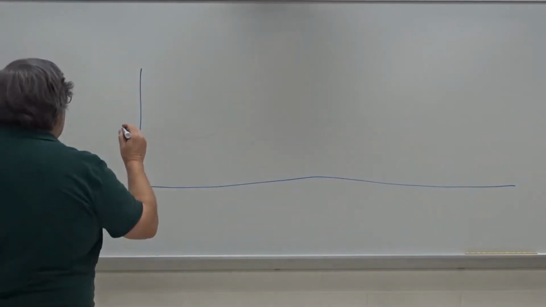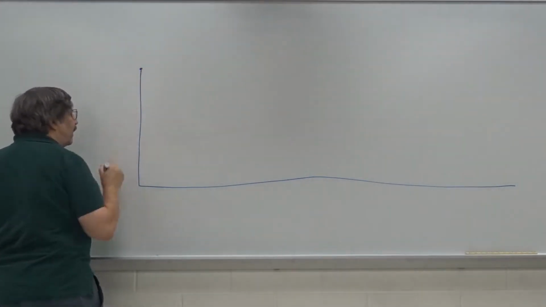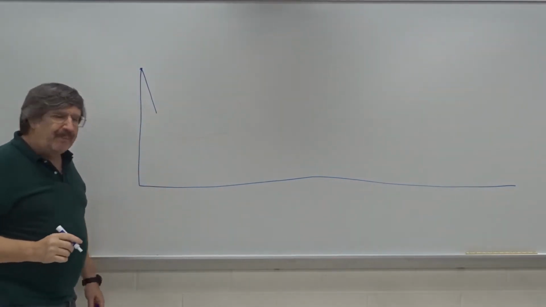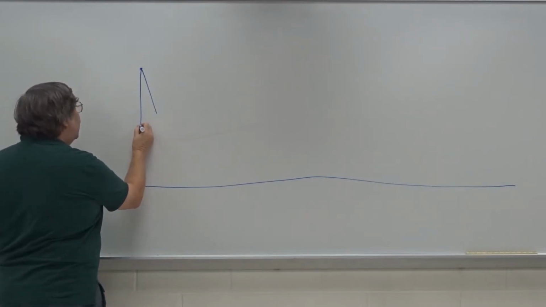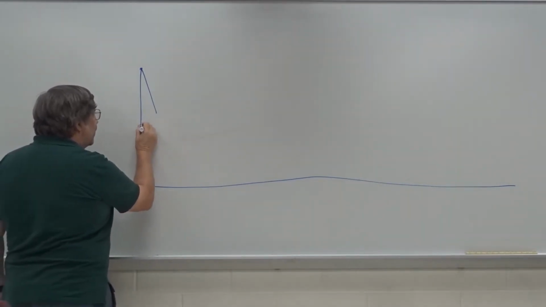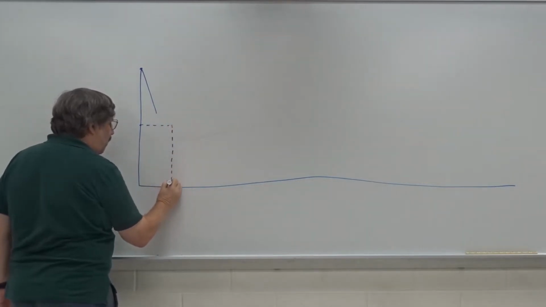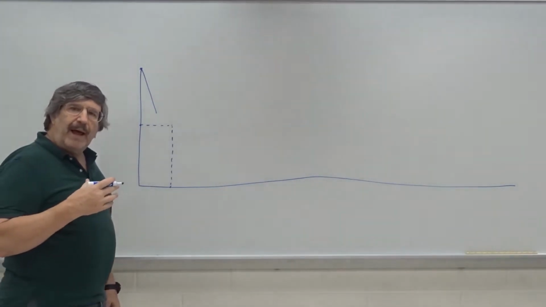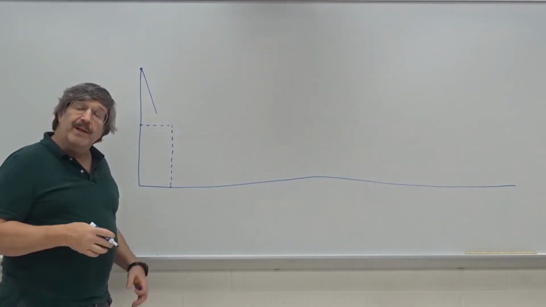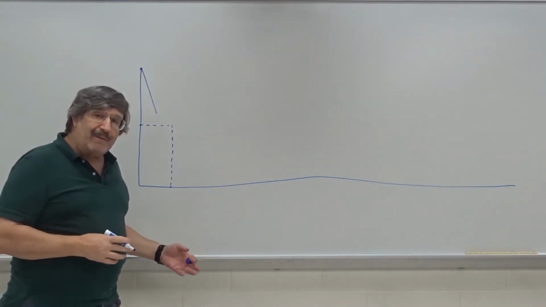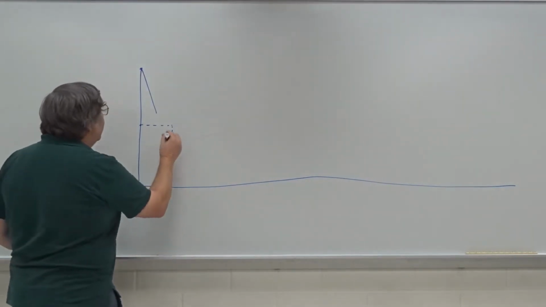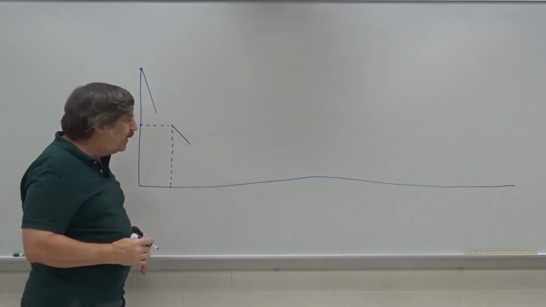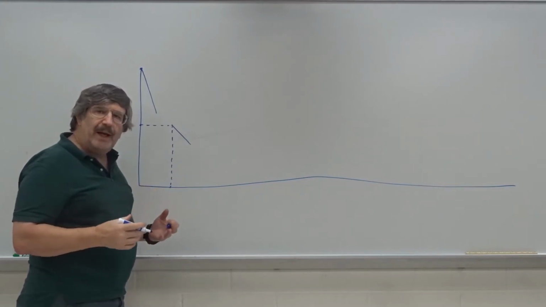If we start with a certain amount of material, it's going to be decaying at a certain rate. It's going to be decreasing. If we wait until half of it decays, and that's going to take a certain amount of time, by the time we get to half of the material that we started with, it's only going to be decaying half as fast as it was initially. And so the slope of this line will be less. Because it's decaying more slowly,